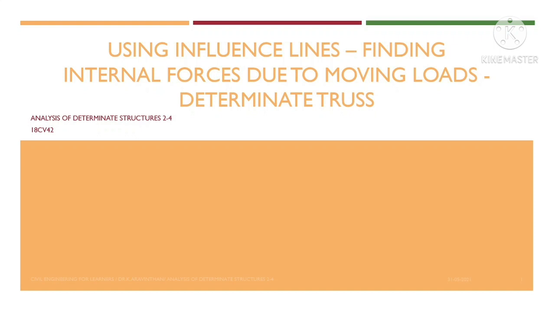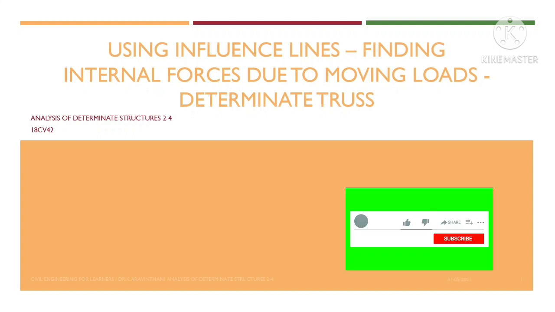A frame can take shear force, bending moment and axial force, but a truss is designed for taking axial load only. A truss can also take bending moment and shear force, but we design it in such a way that it only takes the axial force, in order to reduce the material cost. It is the way of design, the way of arranging the material.